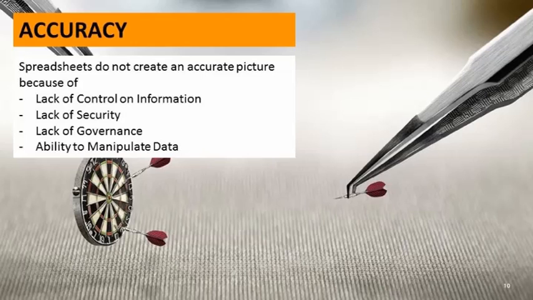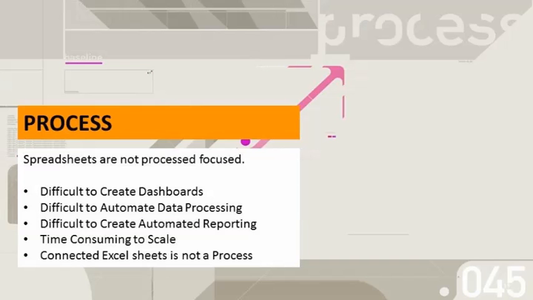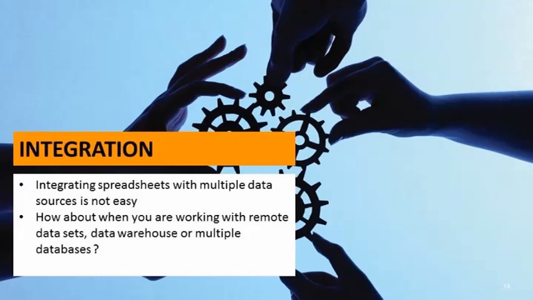And that's the lack of control on information and the lack of security. Governance absolutely is part of this, and it's impossible to govern data if it's stored on spreadsheets in the first place. There's also the ability to manipulate data very easily on a spreadsheet. There's no lockdown, there's no management, there's no hierarchy of control on individual cells or individual records. And essentially, from that aspect, you're exposing your organization to a lot of risk. And I showed you some examples in the start of organizations going wrong with the use of spreadsheets.